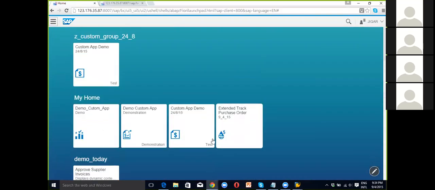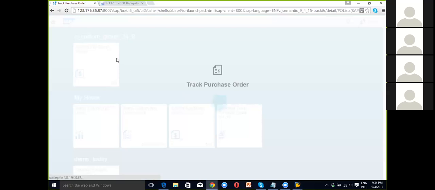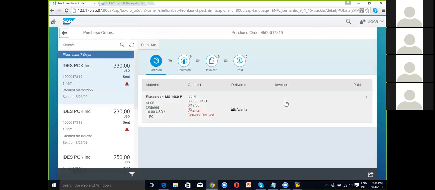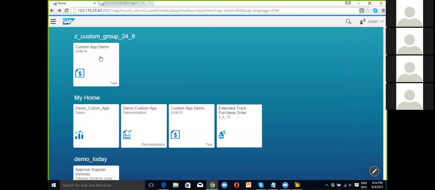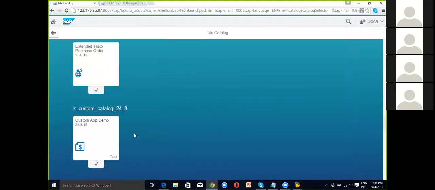So on my home page, you can see now the application is added, the extended track purchase order. If I open this, if everything is fine, my extended application should open. You can see the perfect functionality, with everything getting mapped properly. I'm opening the extended application, but since it is linked to the standard application, I'm also able to see the standard functionalities along with the extended functionalities that I've added in the extension project. So if I just remove that again,